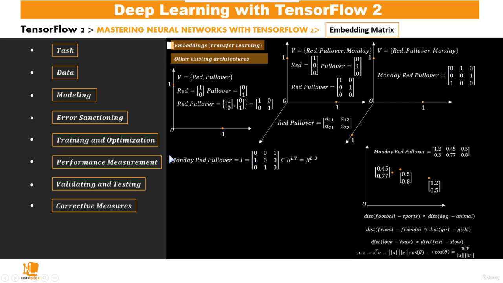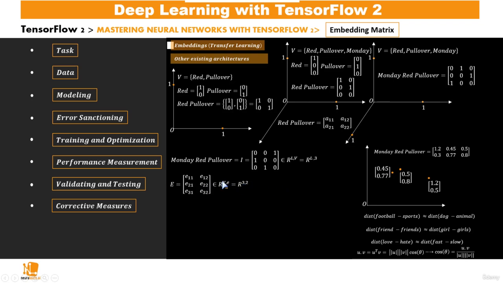Now that said, in our example here, our sequence length is considered to be L. In this case, it's actually 3, so it's a 3 by 3 matrix, and our vocabulary size is 3. But we shall maintain this L so that you could see clearly how these embeddings are gotten. Now, once we have this, we can define an embedding matrix such that the number of rows is the same